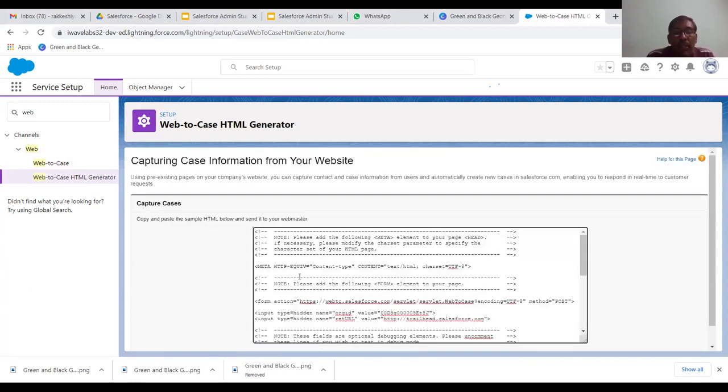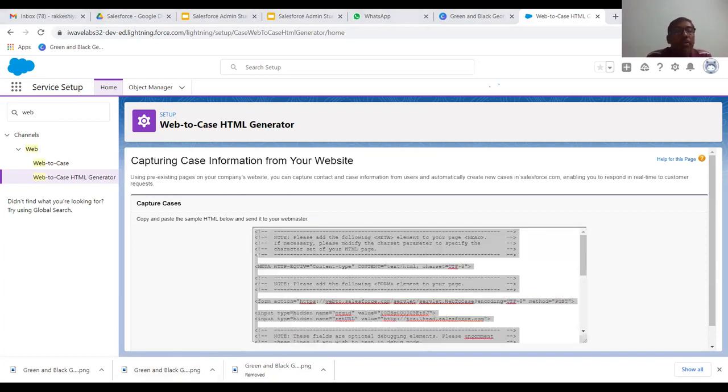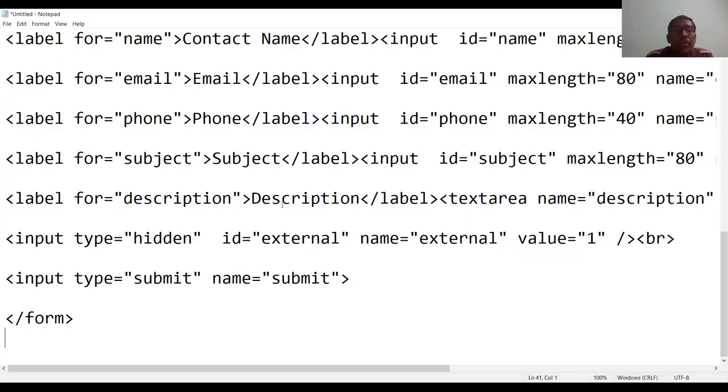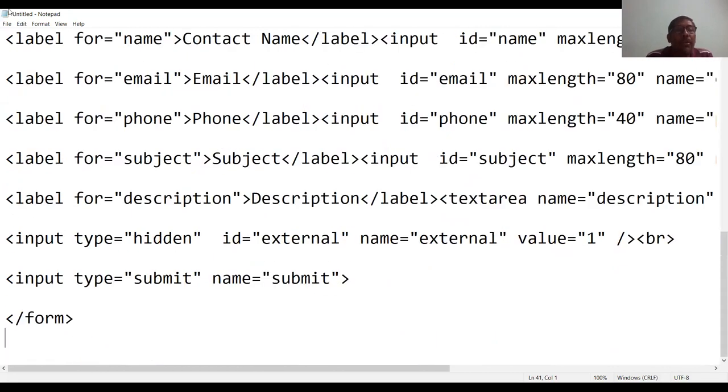Now it is going to generate the HTML. Now copy it, that selected, copy it, and then you're going to paste it on the notepad. So here, now this is the HTML format, right?